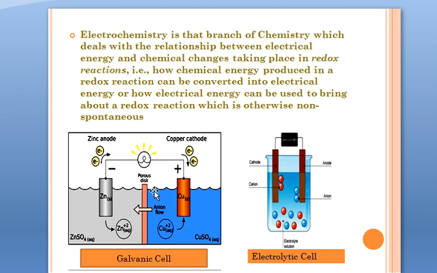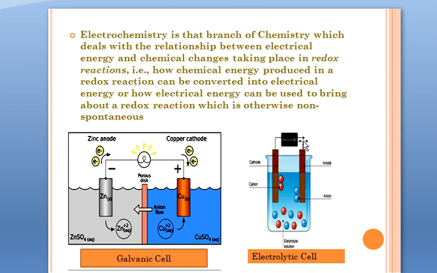For now, this much is enough, that a chemical reaction takes place which is spontaneous, which starts on its own. As soon as you have done the whole setup, the chemical reaction starts, and finally we have chemical energy being converted into electrical energy. Whereas in this setup, the reaction is non-spontaneous. It will not start on its own. So how do we start it? We give it electrical energy, so that some electrical energy is absorbed by these components in the cell,